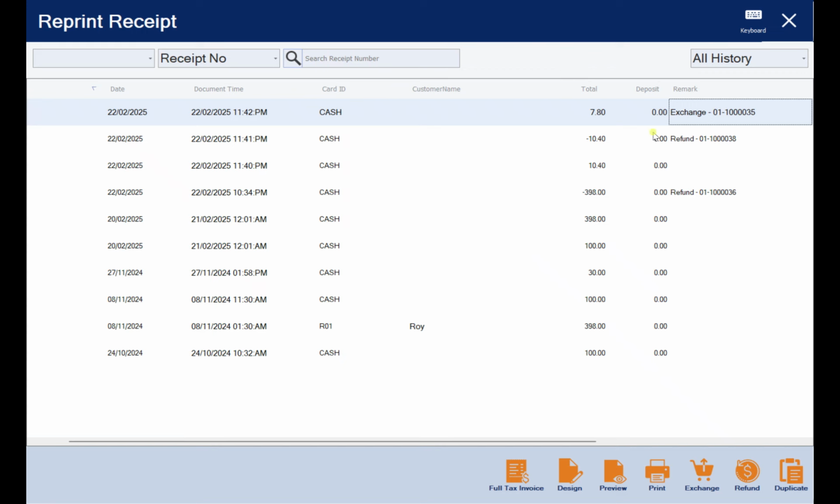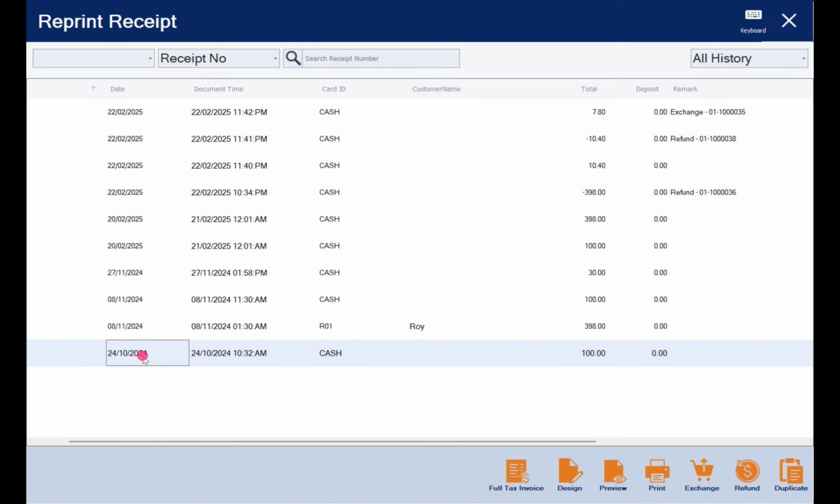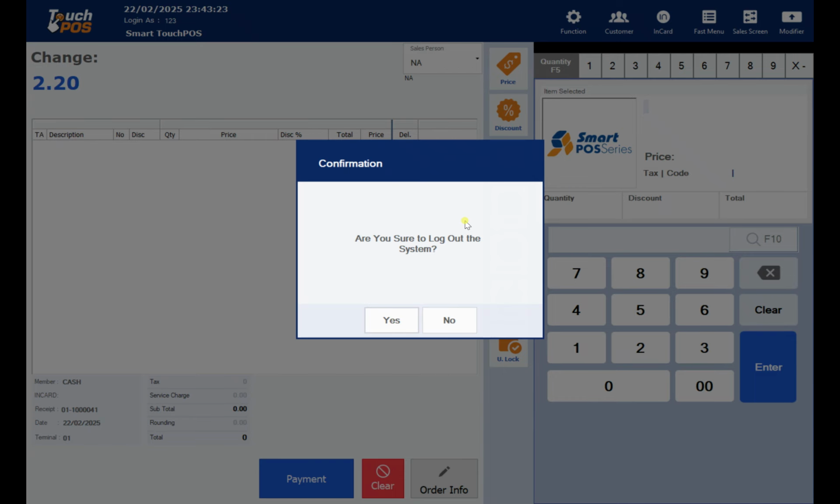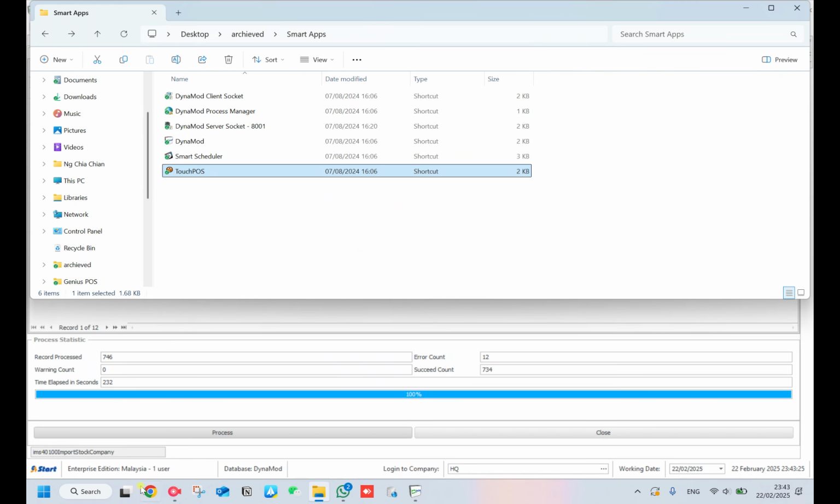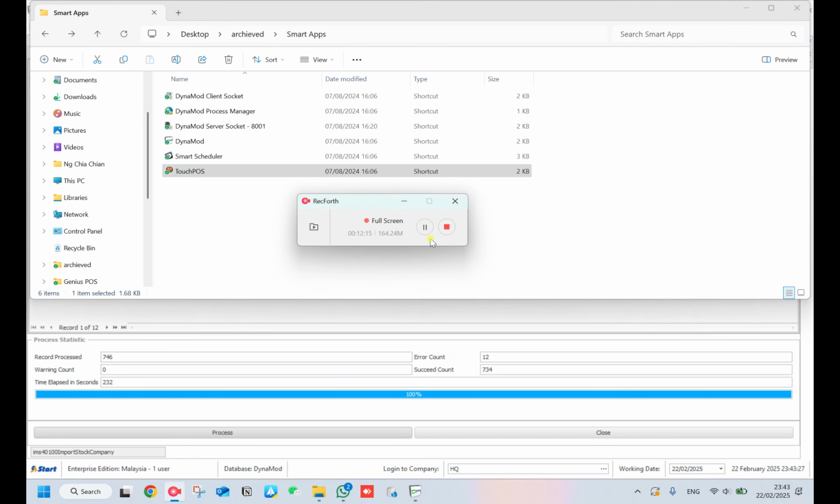Right? So all your previous transactions, you just click refund, you just refund all until all the previous receipts become zero. Alright? So you can see all the previous receipts, even until October also can. I think basically